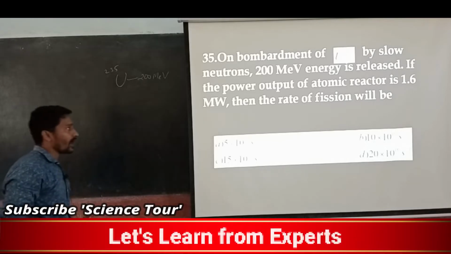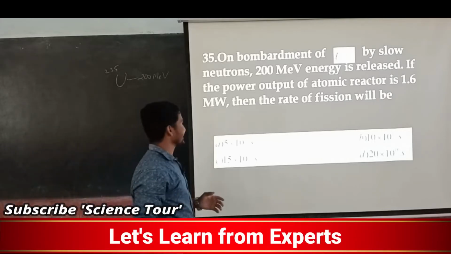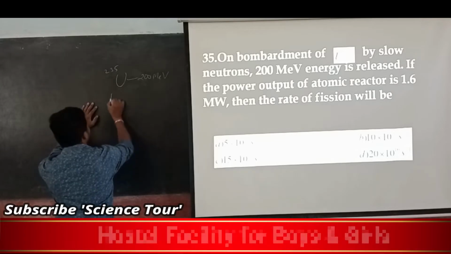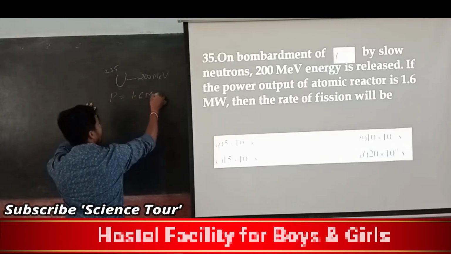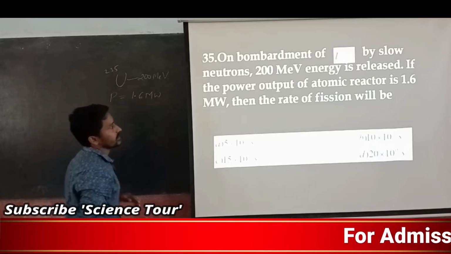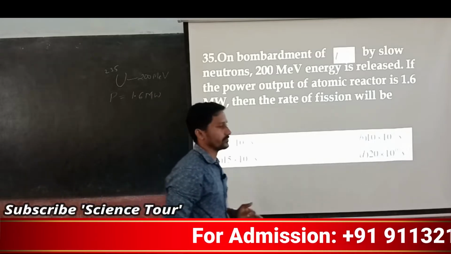If the power output of the atomic reactor is 1.6 megawatt, then the rate of fission will be,